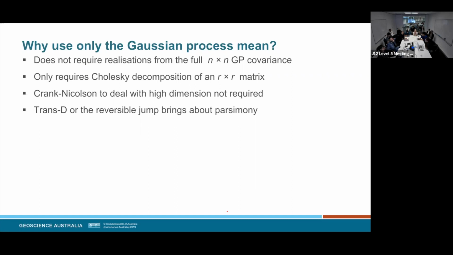It does, because you could use Crank-Nicolson, but you'd still have a high-dimensional model space to populate, right? Yep. And there's no getting away from that. Yep. Whereas with parsimony, you don't really have to worry about that, but you still have to go from that low dimension to that high dimension. Okay, so you're saying that you don't need the Crank-Nicolson because you've actually reduced the dimensionality so that it's not high dimension. Gotcha. Yes. Right. But you still have to go from the low dimension to the high dimension and compute the kernel matrices. And so, as usual, you're being extremely perceptive, and you're seeing where I'm leading to.